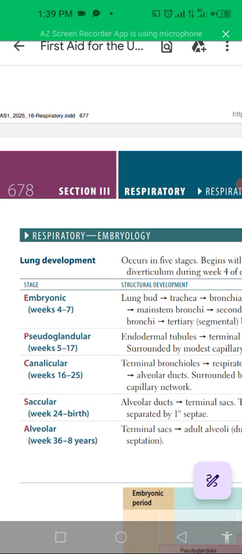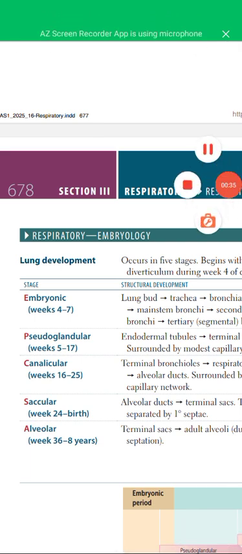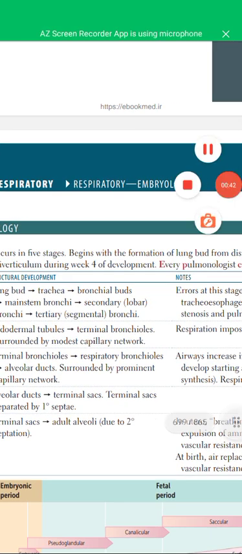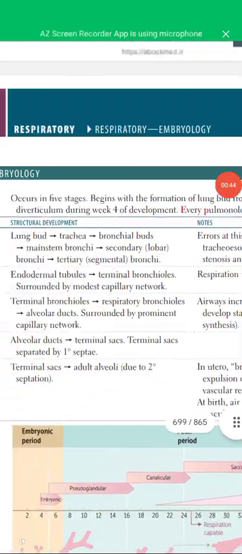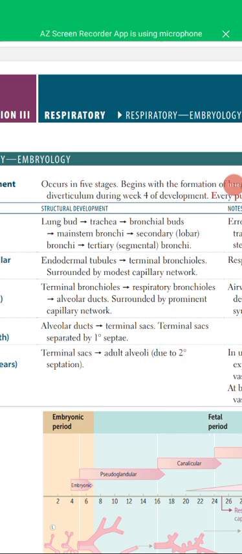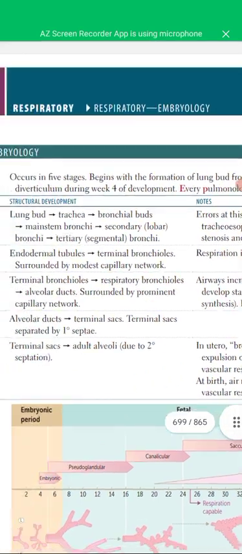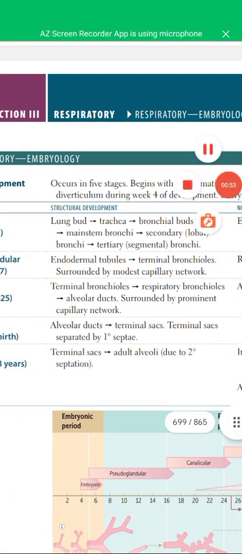So respiratory pulmonary embryology starts with lung development. It occurs in five stages. Lung development occurs in five stages. So, it begins with the formation of the lung bud from the distal end of the respiratory diverticulum at the fourth week of development. Now, in the fourth week of development, the lung bud starts developing. As you can see here,